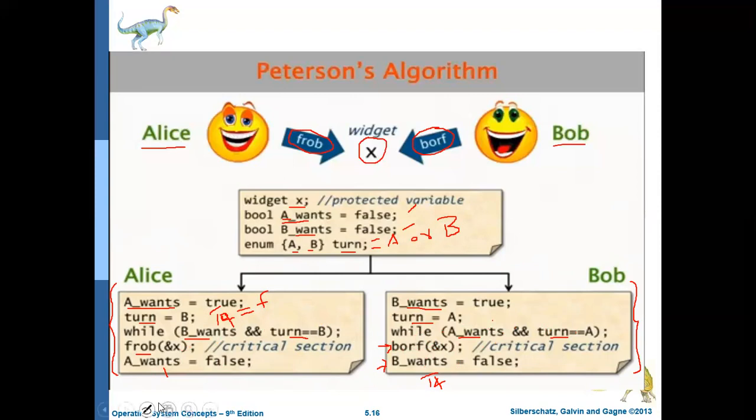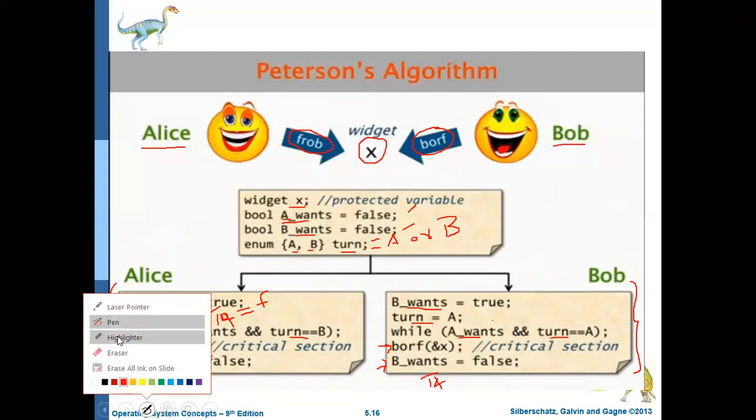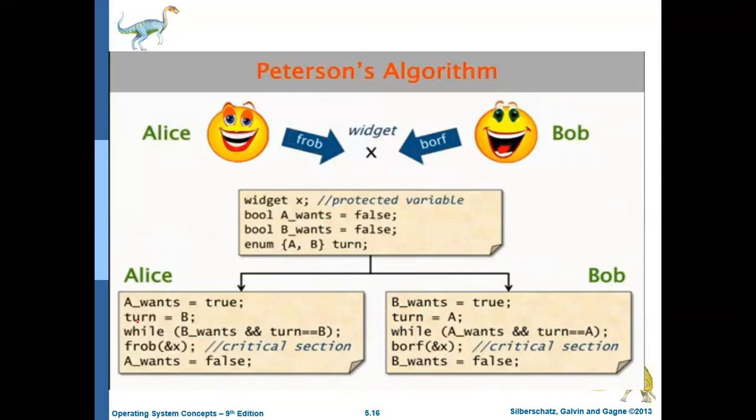In the last lecture, we discussed one solution for the critical section problem, but there we used only one variable, turn. We have not used this A wants and B wants. That algorithm also solved the problem of critical section by ensuring mutual exclusion, but it fails with respect to progress, because after process one, it forces process two to enter the critical section, and again it forces process one to enter. That is, it should always follow that i, j order. Okay, so that is the drawback with that algorithm.